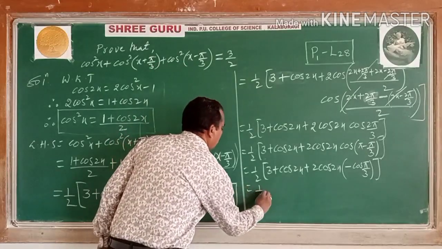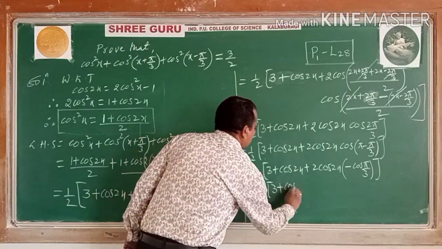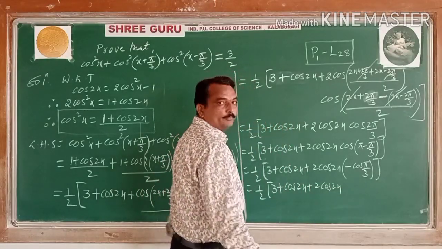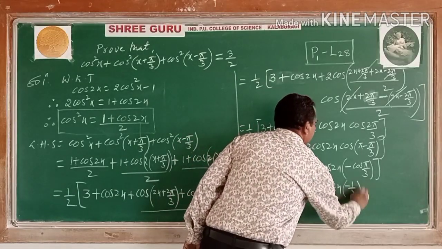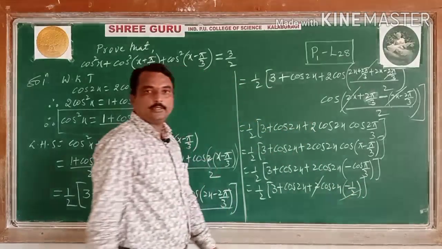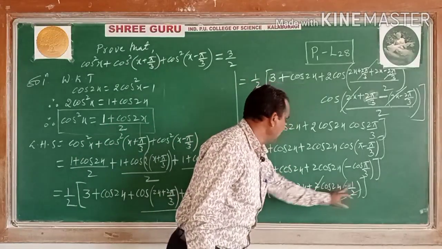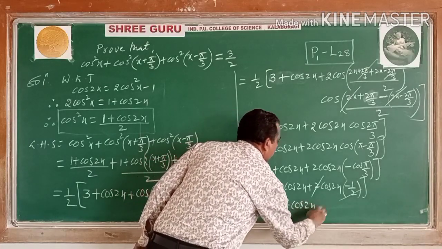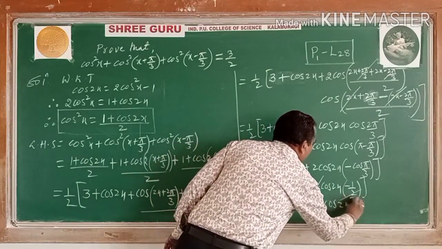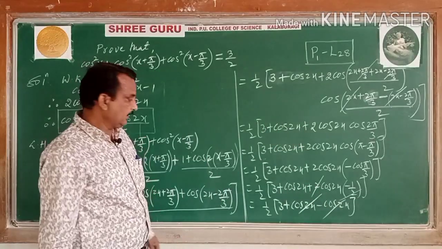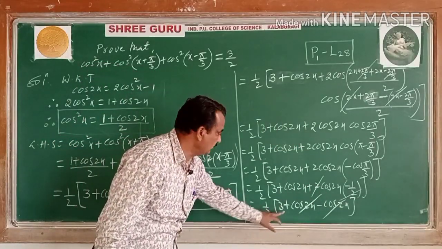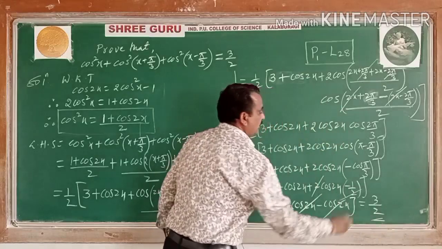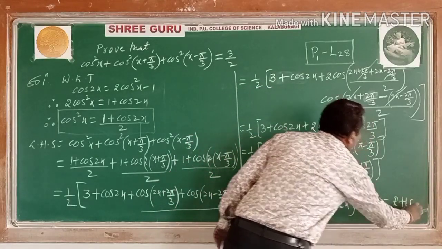Pi minus pi by 3, second quadrant, it is 1 by 2 into 3 plus cos 2x plus 2 into cos 2x. What is cos pi by 3? 1 by 2. Minus 1 by 2 it is. These two get cancelled here. What does it become? Minus cos 2x. 1 by 2, 3 plus cos 2x. Is it a minus cos 2x? This is minus cos 2x. Plus cos 2x minus cos 2x get cancelled here. What remains, students? Only 3 remains. Outside, 1 by 2. What is the answer? 3 by 2. This is your RHS, students.